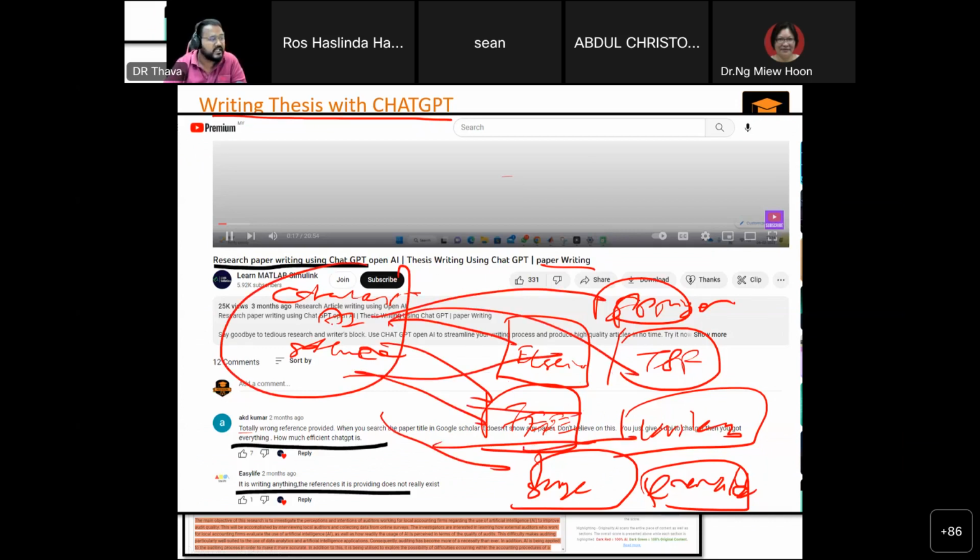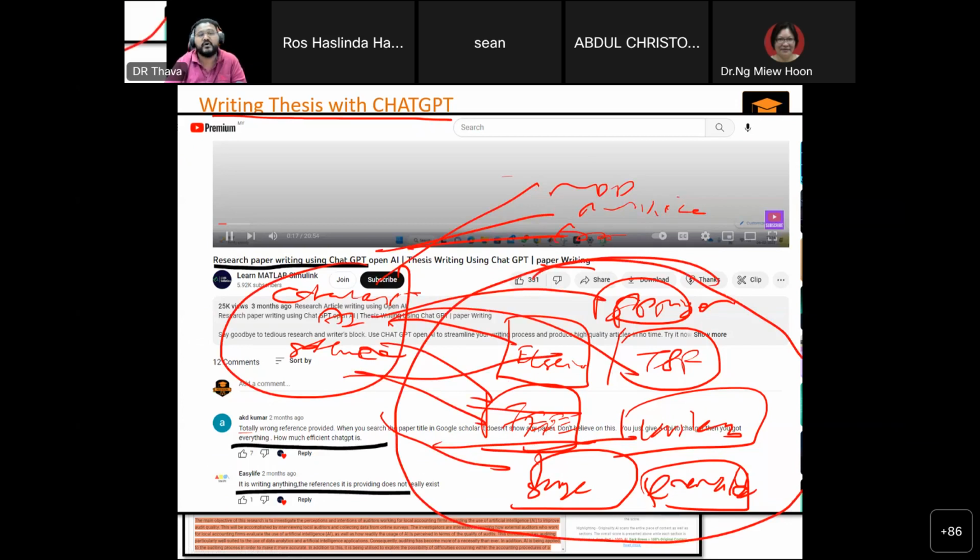That's why they create fake information, or they only access MDPI, or whatever paper is publicly available, whoever shared it on ResearchGate, or only Frontiers. That's all. They don't access the primaries. That's why you cannot trust the information. That's why it's creating fake information.